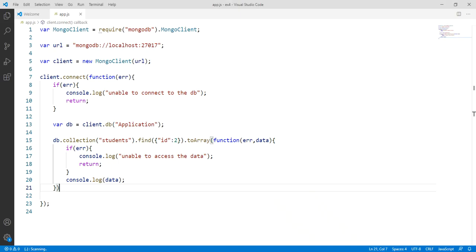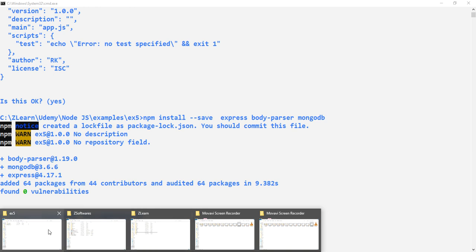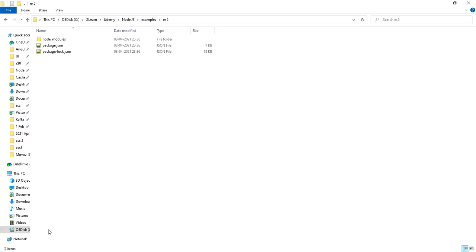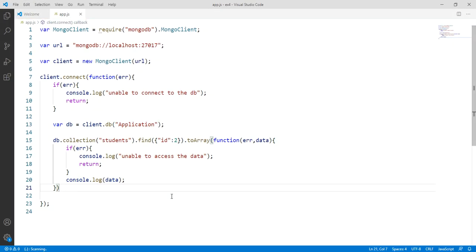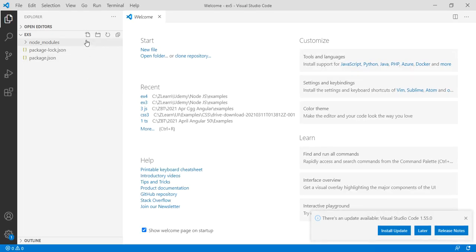So let's start. Let me drag and drop our example into the VS Code editor. Now let me create the app.js file.